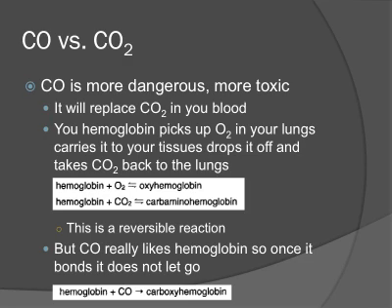So honestly, this is how your blood works. Your hemoglobin in your blood picks up oxygen in your lungs, takes it to your cells, drops it off, picks up the carbon dioxide, brings it back to your lungs, and you breathe out the carbon dioxide. It waits for you to breathe back in oxygen, takes the oxygen to your cells, and it just goes in this giant cycle back and forth. I'm going to take oxygen, I'm going to carry back carbon dioxide. This is a reversible reaction. We can reuse our hemoglobin over and over and over again.